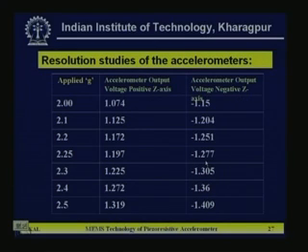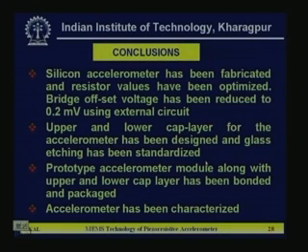With that, let us conclude what we did in today's lecture. How the piezoresistive accelerometer is fabricated has been discussed in detail, and the technology optimization has been done. The offset voltage circuit shows that within 5 volt the offset can be reduced up to 0.2 millivolt using an external circuit. How to make the upper and lower cap layers from Pyrex glass has been discussed in detail, and accelerometer packaging and substrate bonding are shown, and the external circuits are also connected with the main sensing element. At the end it has been characterized, with the limitation of characterization facilities, and all these things show that although it is not exactly the same as the design value, it is very close to the design value,